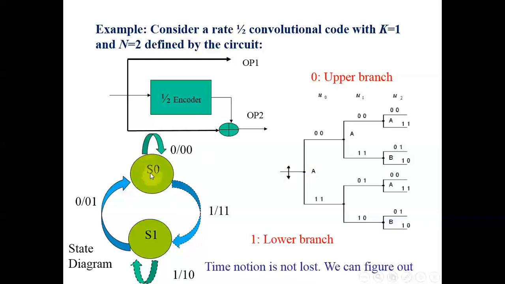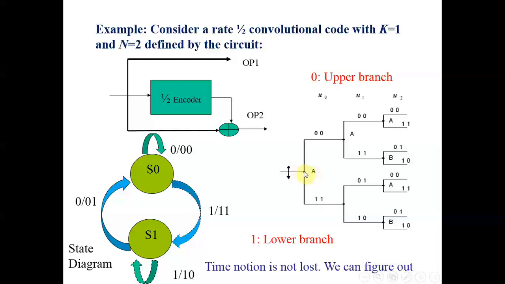Let's assume that you are in state S0, that is the reset point of your circuit. So we are in state 0, which is this point. If I receive 0, I remain in the same state and my output is 0, 0. Now reception of 0 in state diagram is a solid line, reception of 1 is a dotted line. Similarly, in case of tree structure, I correct my statement, reception of 0 indicates movement in the upward branch, and reception of 1 indicates movement in the downward branch, lower branch, right?